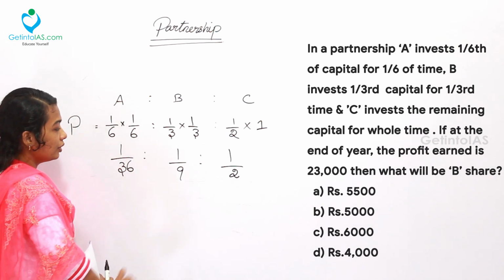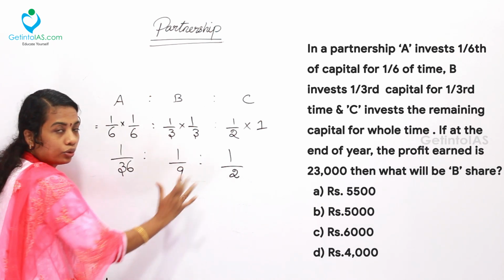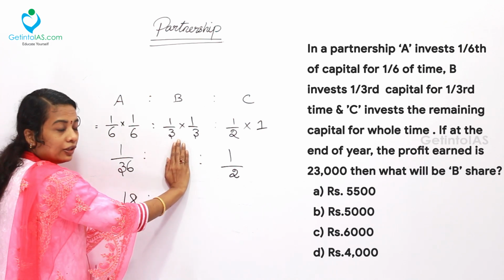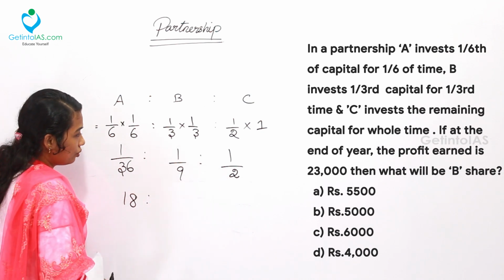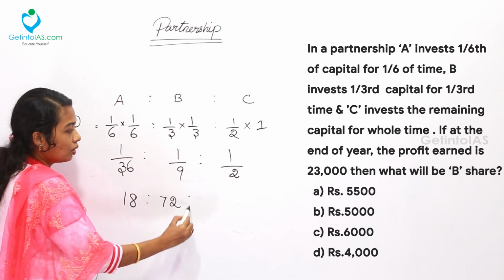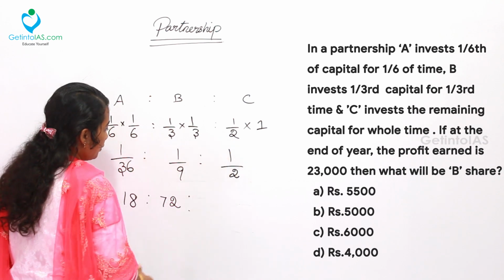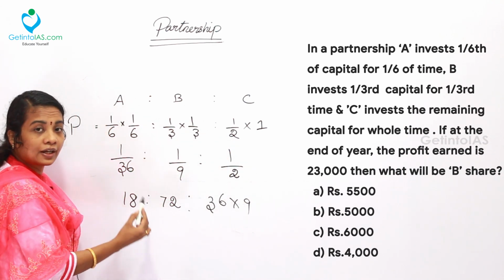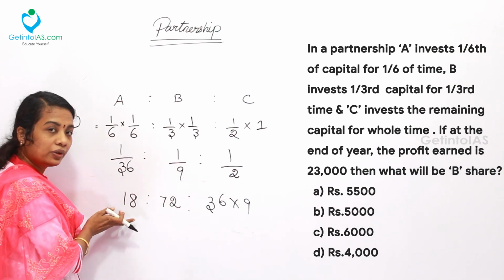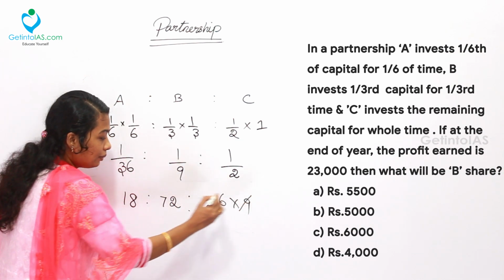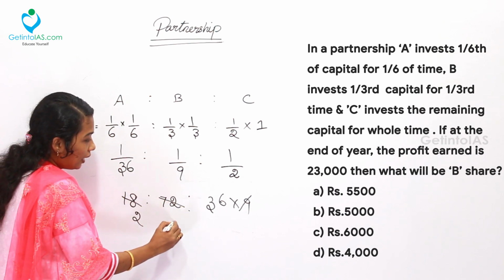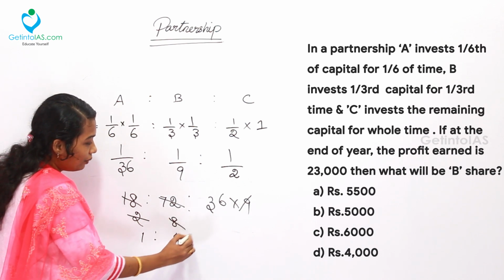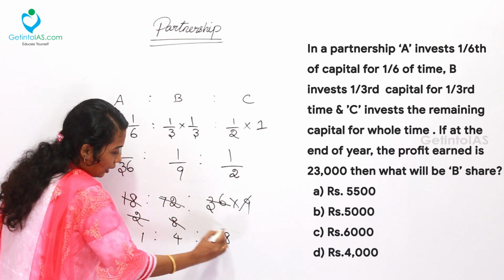So for the first number, 9 into 2, 18. Here, we will have to make it 36 into 2, which is 72. At last, the third part is 36 into 9. So simply I have not yet simplified. Why? Because I am going to cancel with 9. So here 1 times 9, here 2 times 9, here 8 times 9. Again by 2, 1 times 2, here 4 times 2, here 18 times 2.